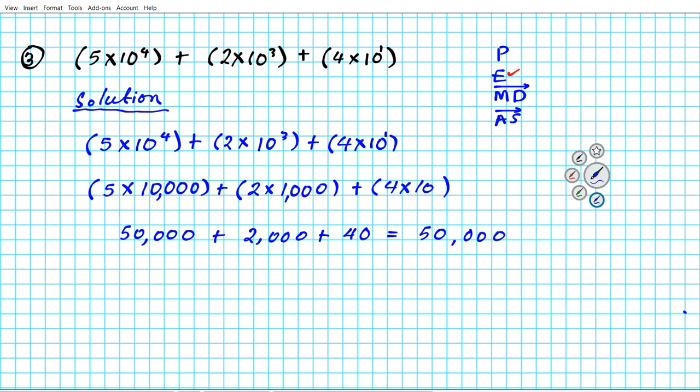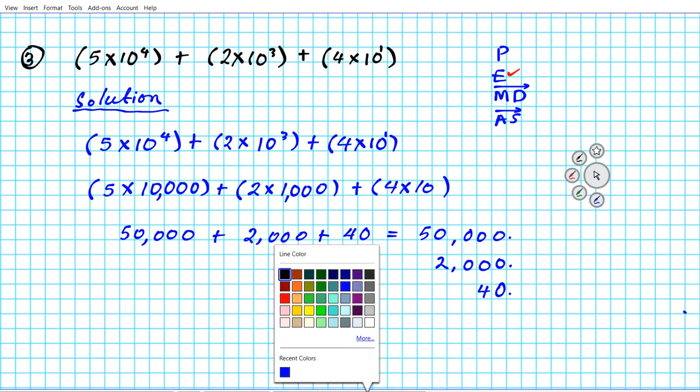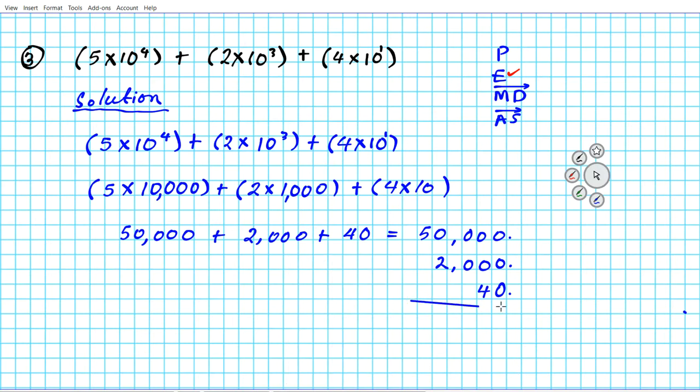50,000. Make sure you align your place values vertically. Identical place values stay in the same column from top to down. Line them up vertically so that you don't get the wrong answer. Or just line up your decimal points like that. All right, so let's go ahead and add downwards. If we add downwards, we're going to have,